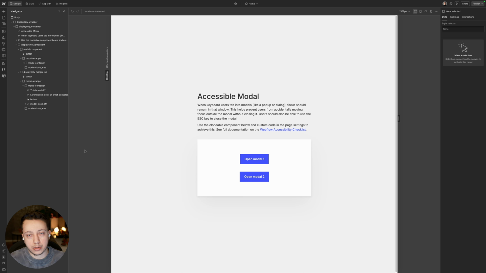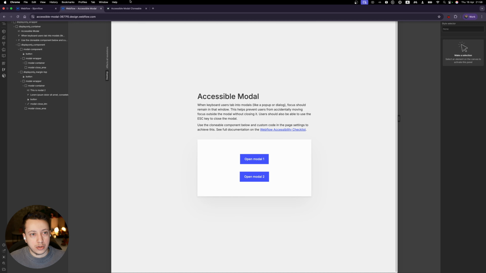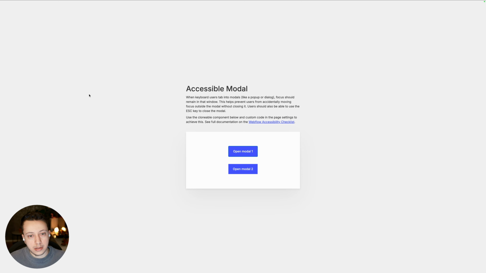elements. Another thing when it comes to accessibility is to make sure that modals are keyboard navigable. So this is an A level, this can be legally required. So I'm going to show you an example. This is an example from Webflow. This is a clone. I'm going to add the link for it in the description below that you can clone and use as well. So I'm going to show you